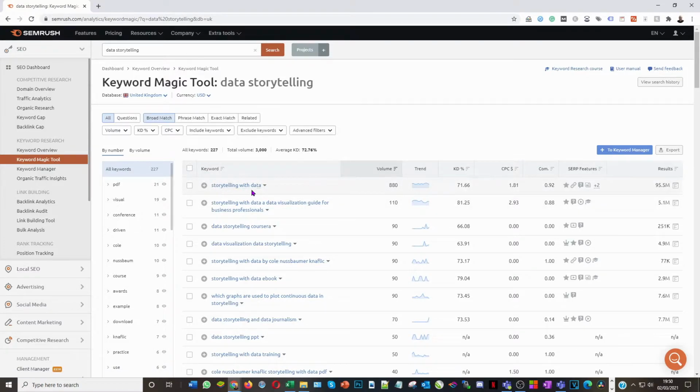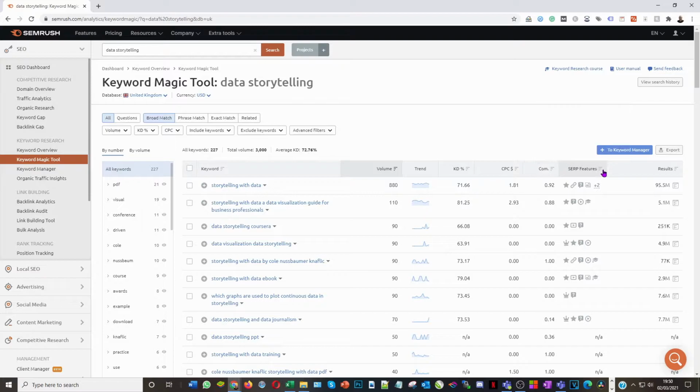Here, as you can see, is the keyword that's chosen from our particular term, which is at the top here. The search volume, keyword difficulty, the trend, how popular it is throughout a year, the cost per click, the competitive density, which is anywhere from a 0 all the way up to 1, 1 being the most difficult,